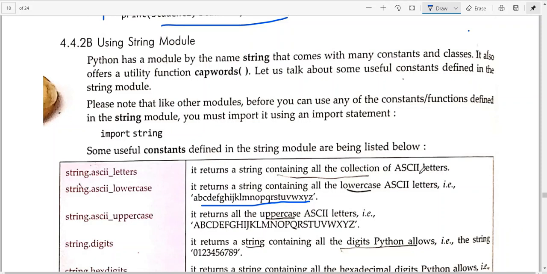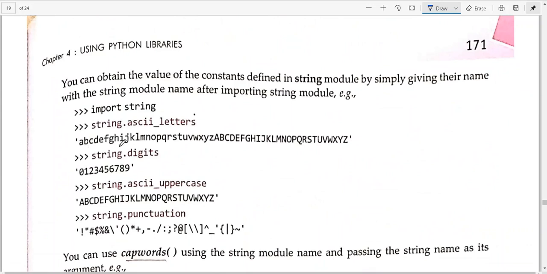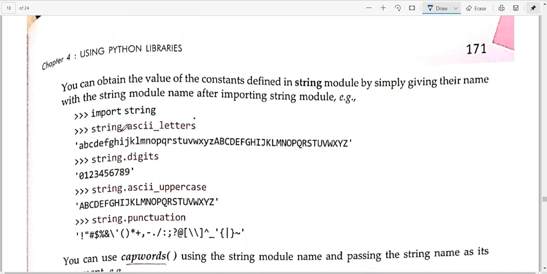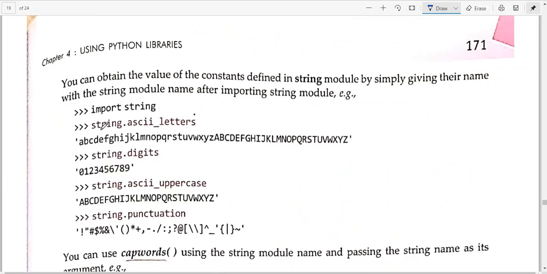When you get this, you will see we have used this also. So ascii letters में all the uppercase and lowercase will come. If you say lowercase, so only lowercase will be printed. If you say uppercase, string dot uppercase, with print you will be using this function like this. Directly at command prompt, Python prompt पे आप directly भी लिख सकते हो. You can use it in a program also. String dot digits, it will give you all the digits that are valid inside the string. Uppercase में if you want only the valid uppercase characters, these can be printed with the help of this function.